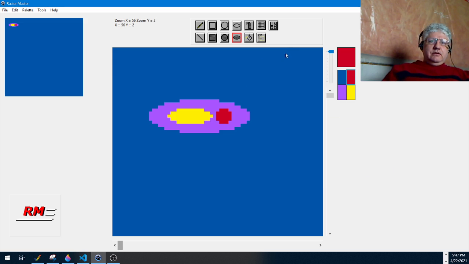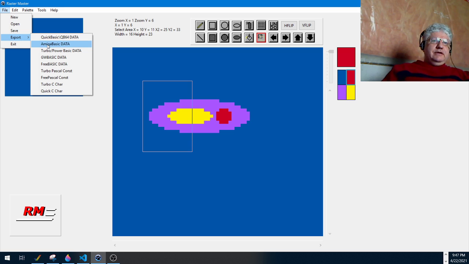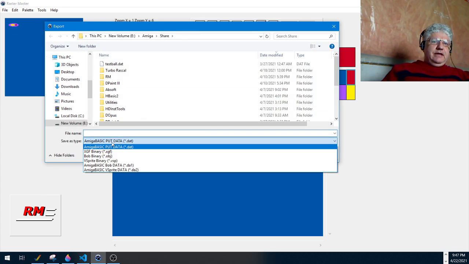I will click on the select area tool. Oh, that's way too big. Okay, I'm not going to draw it again. I'm just going to take half of it basically because a VSprite can only be 16 pixels wide, but it could be any size tall. So if we go to File, Export, AmigaBASIC, and choose the